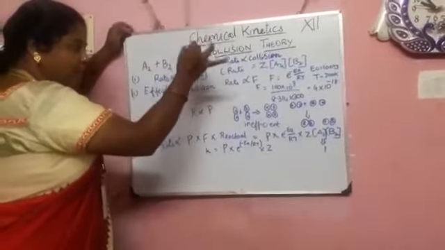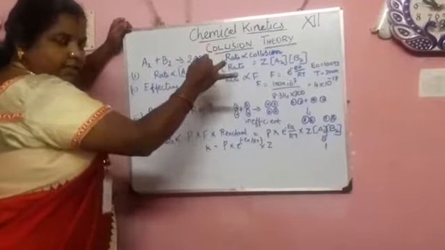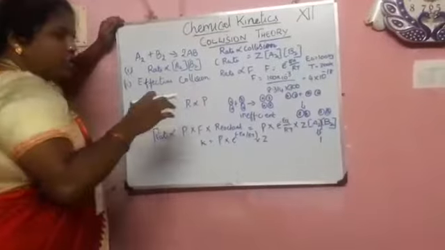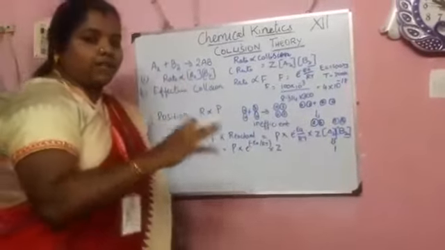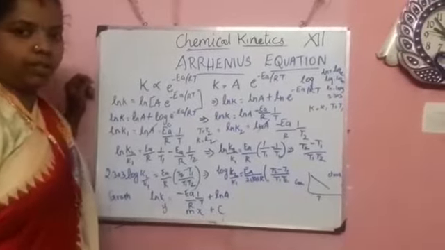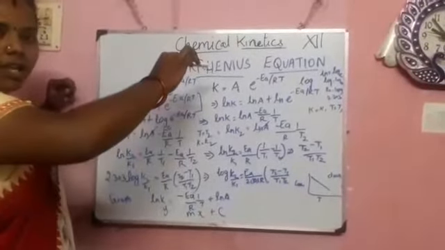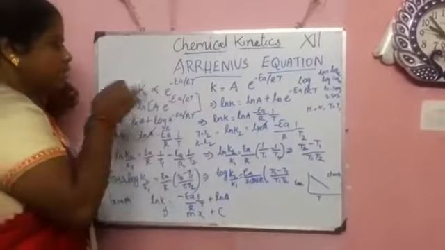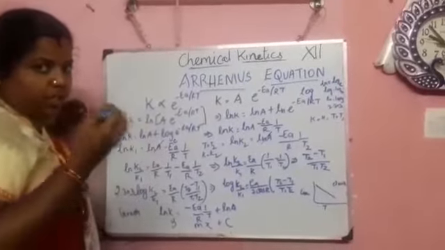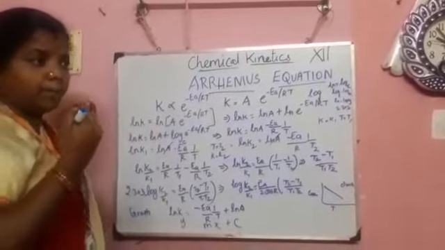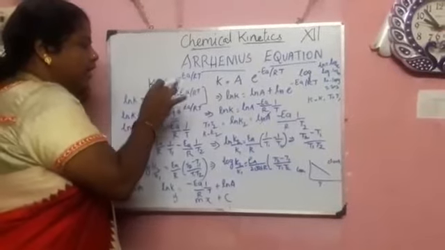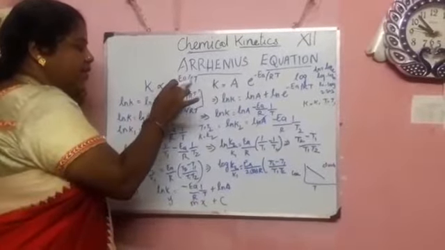So in collision theory, if molecules collide, three important things matter. First, the rate; then the effective collision; then the position. Only then do they give the products. And the next topic is the Arrhenius equation. According to the collision theory we just saw, K is directly proportional to the position, rate and effective collisions, so K is directly proportional to e to the power of minus Ea by RT.